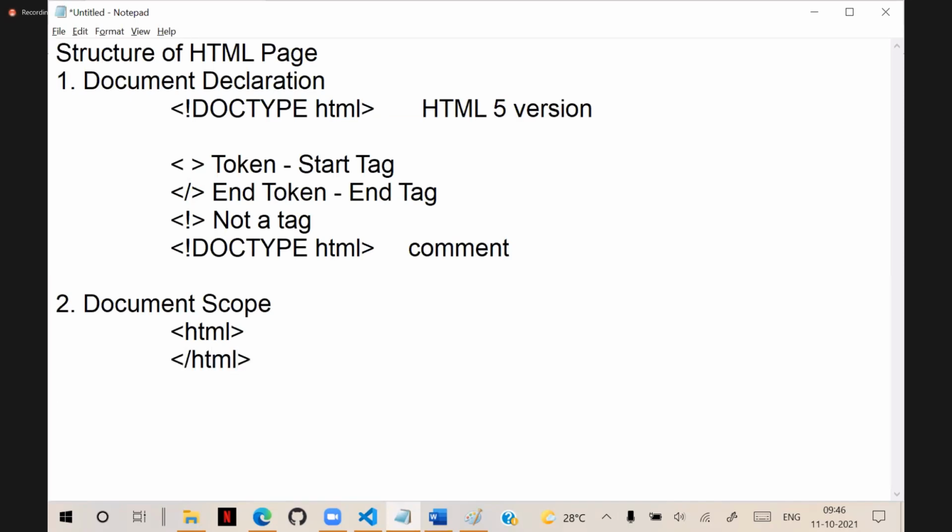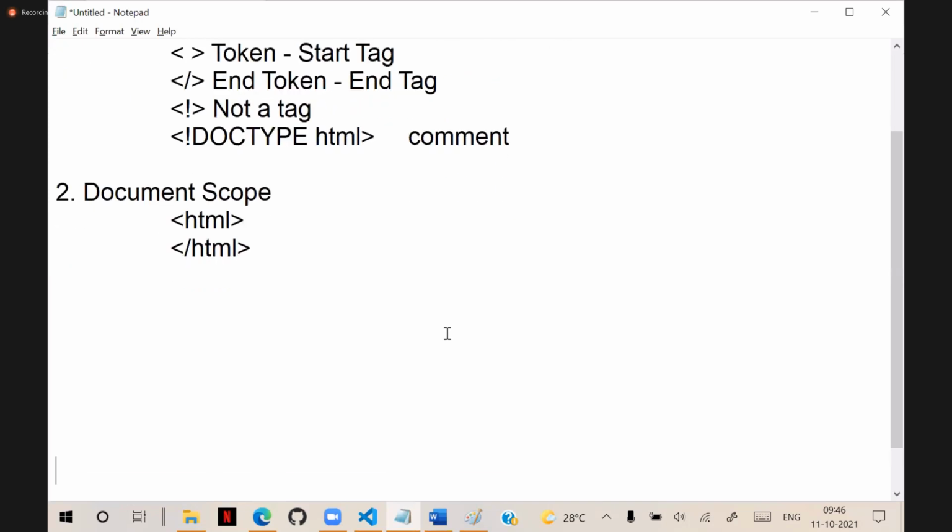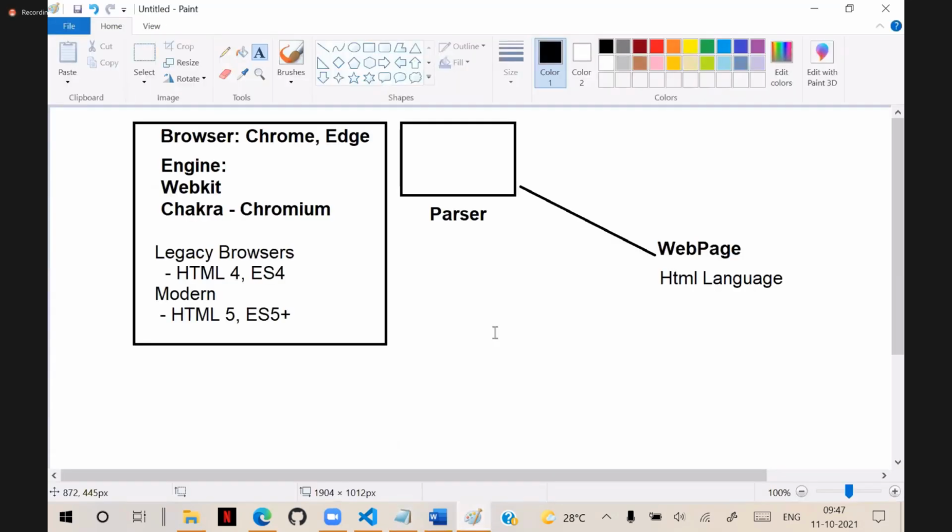Document scope indicates where a document starts and where a document ends. It is very important. Why? Because without document scope... why do we need a document scope? Scope indicates where it starts and where it ends. Why do we need document scope? Because if anybody asks a question like,